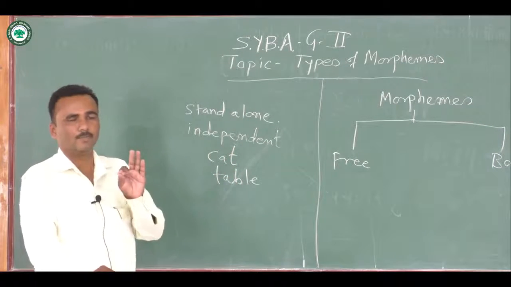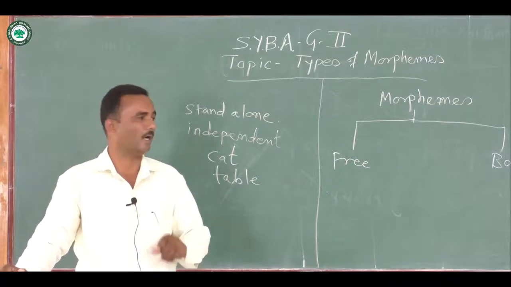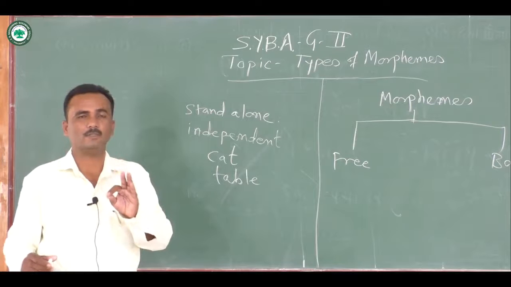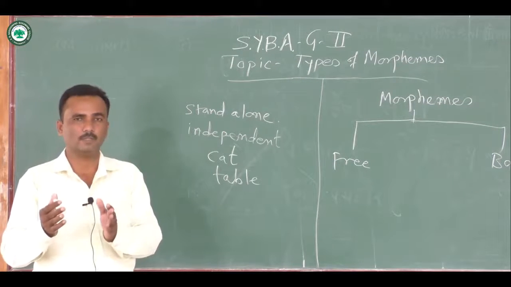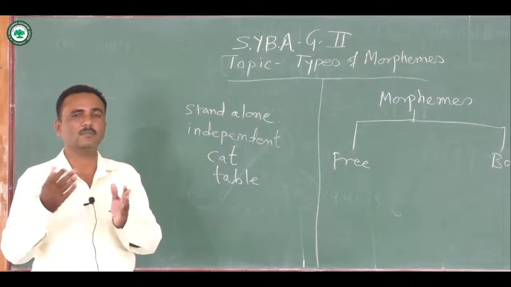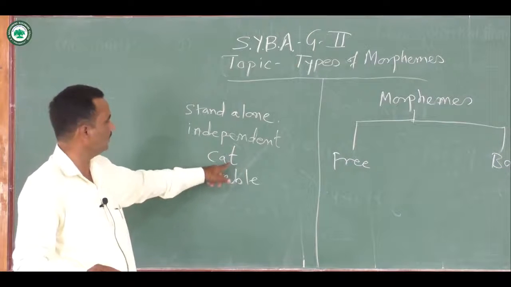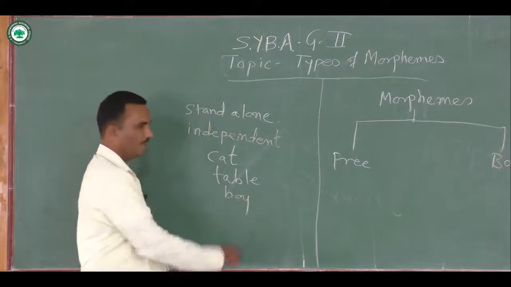So free morphemes are the morphemes which are independent, which can stand alone, and which do not need the help of another part of the word to make the meaning. Independent words like cat, table, boy,